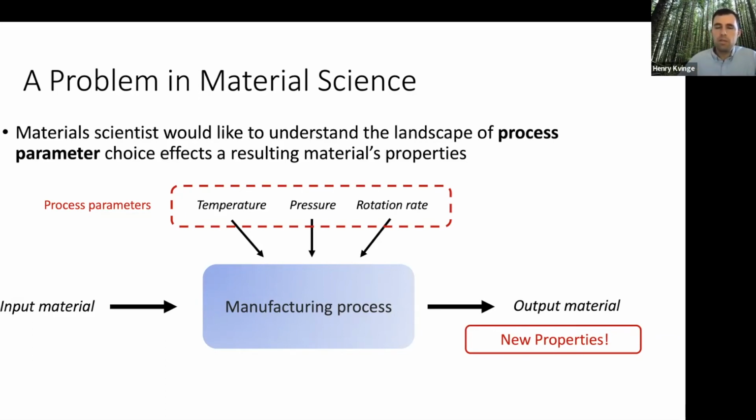What was interesting was that when we spoke with the scientists here, what we learned was that this was good, but it was not really what they wanted. What they really wanted to be able to do was specify a property over here and have us produce all the different combinations of temperature, pressure, and rotation rate, for example, that would achieve that property. And so this doesn't fall exactly into a template in machine learning. If you're thinking of this as a function, this is sort of like asking about the fiber for some individual element in the output space.